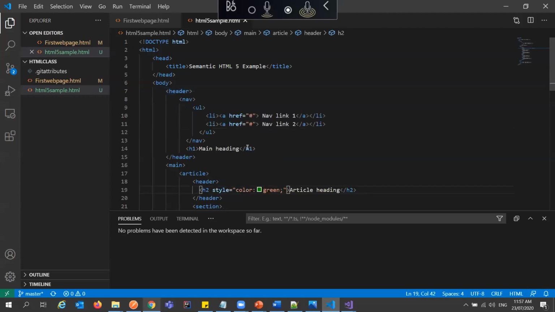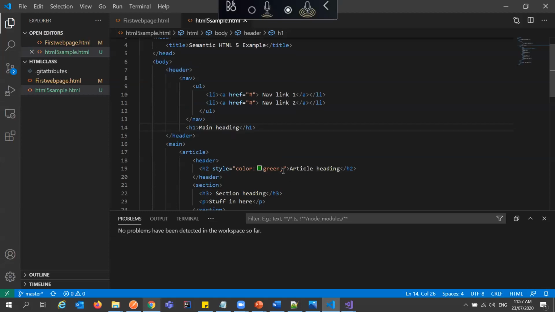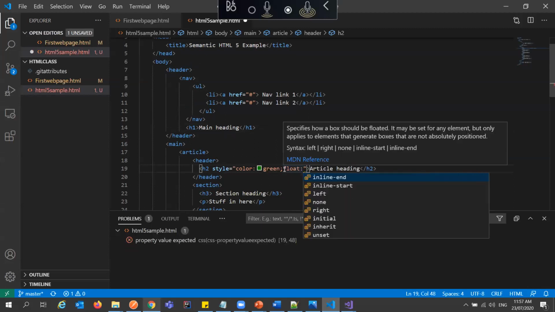This is what I thought I was working on. Actually, okay, I can also change the font. Let's just say I want it to go to the left. I can use the float. So what I want us to know is that in CSS, I'm not going to be teaching